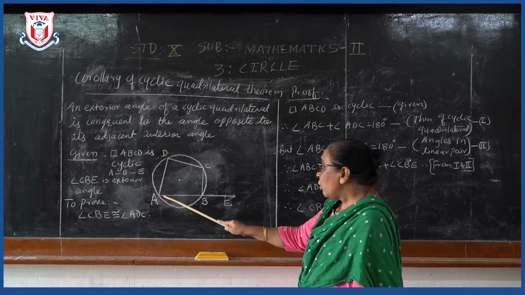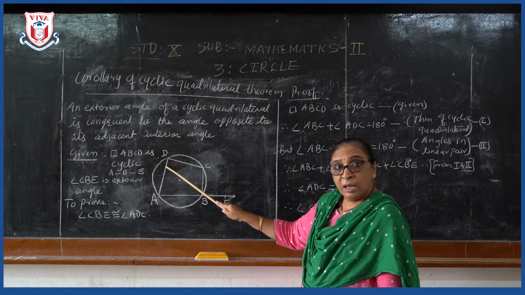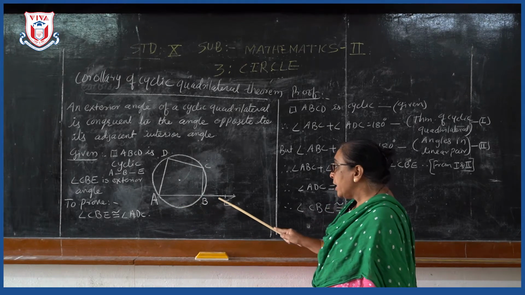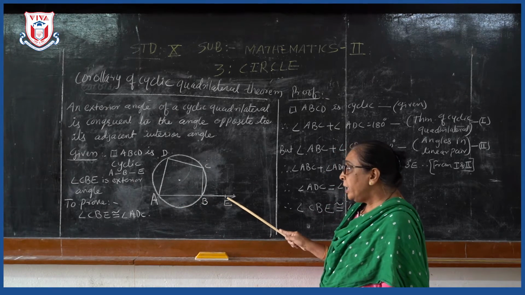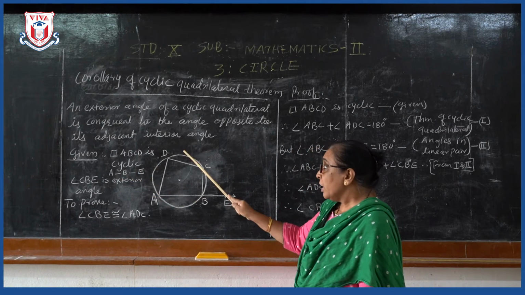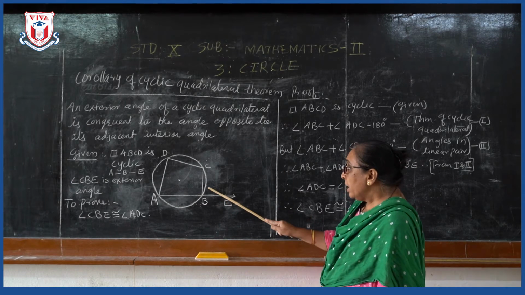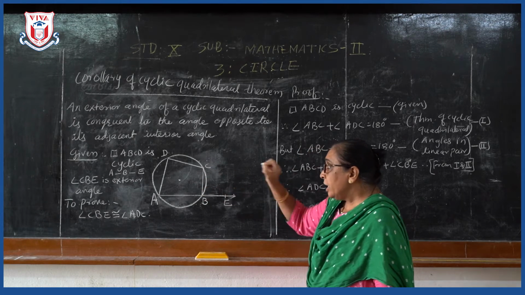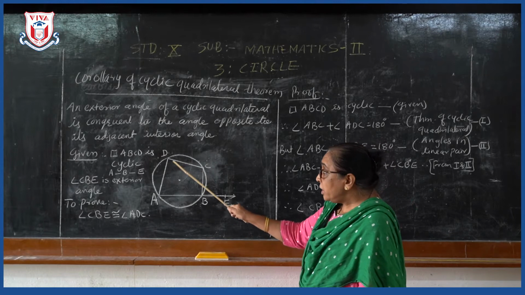See, in this figure, quadrilateral ABCD is cyclic. To get the exterior angle, this AB is extended, and on this ray AB, one more point E is taken such that A-B-E. So, this is given information, and we have to prove that this exterior angle CBE is congruent with the angle opposite to its